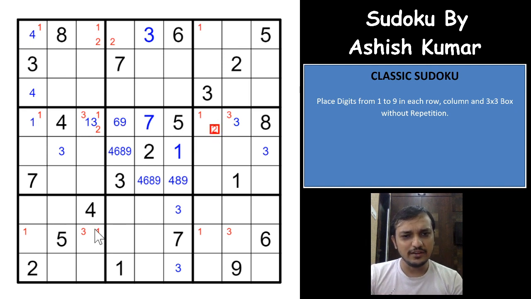Same way in row 8, you cannot have it here; you would have to have it here and here, right? There is no other place. So let me mark again with the colors here. For the swordfish of 2, it isn't necessary that in a swordfish you need to have exactly 3 cells used for that number.